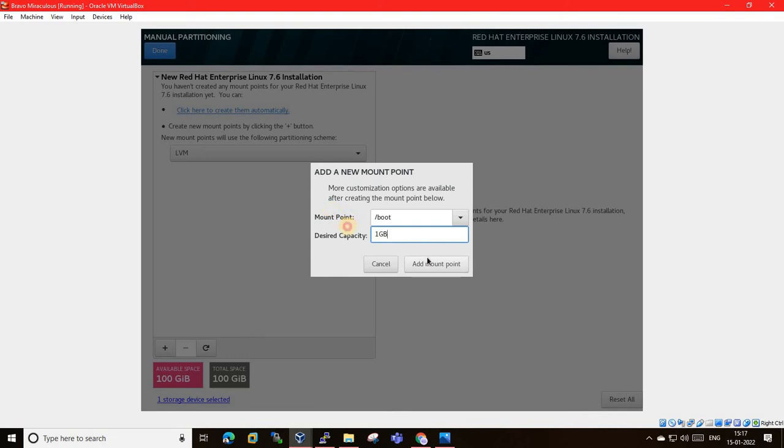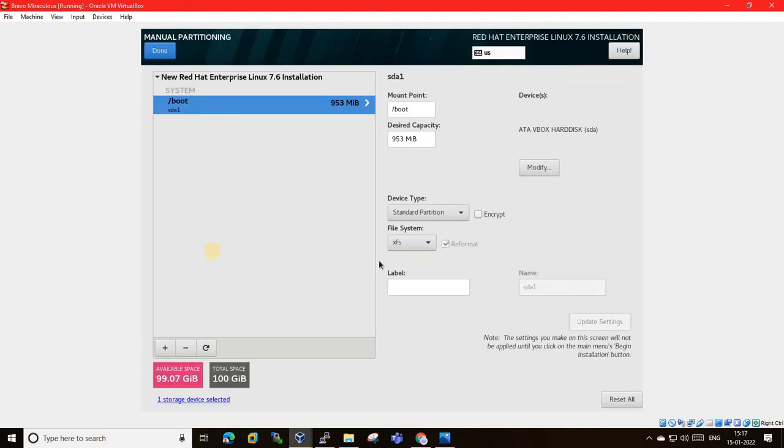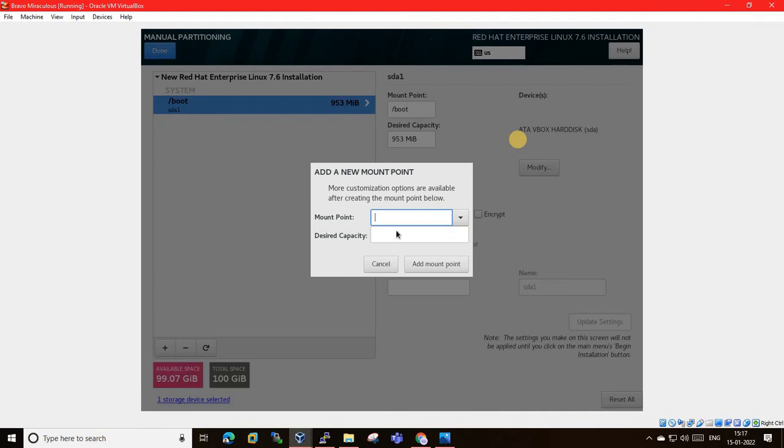Then add. We have to label it and then press done.